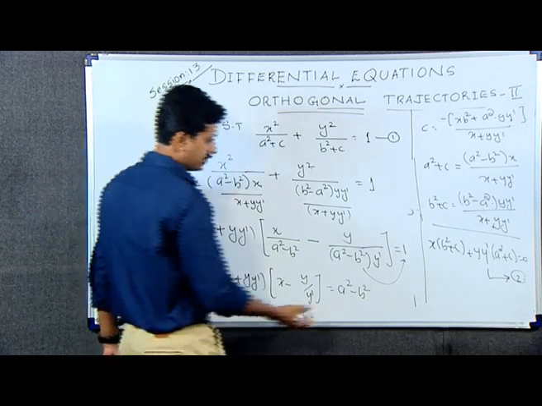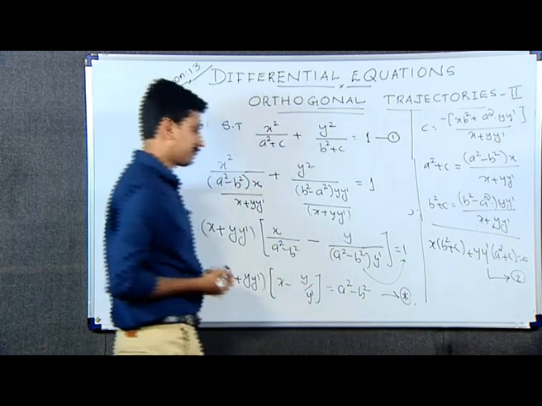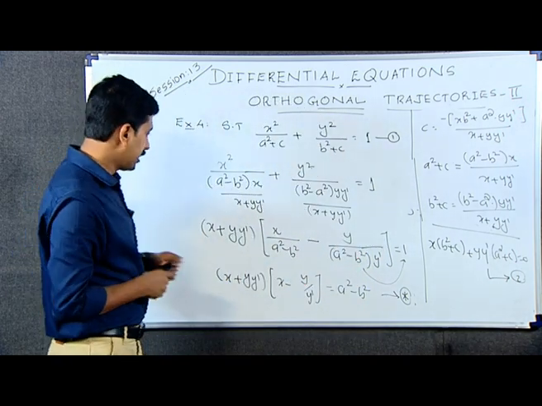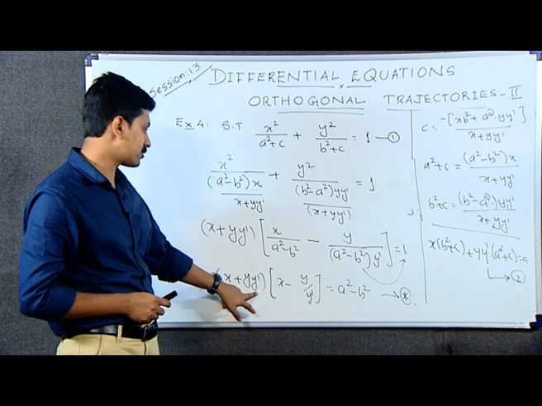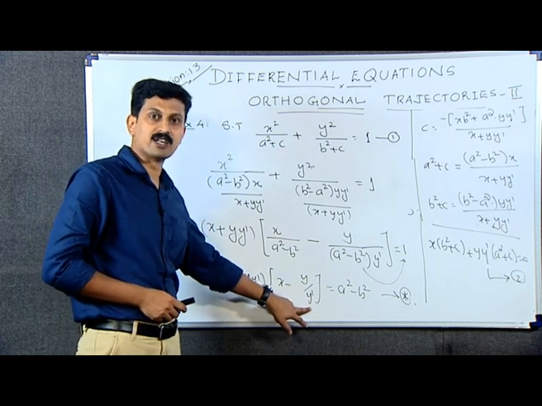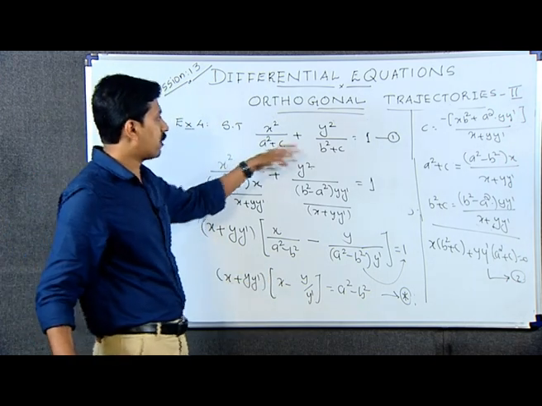I am taking this as a new equation and I am calling it star. See, the star contains the differential derivative y dash, first order derivative. So, simply we can say that we found star from 1,